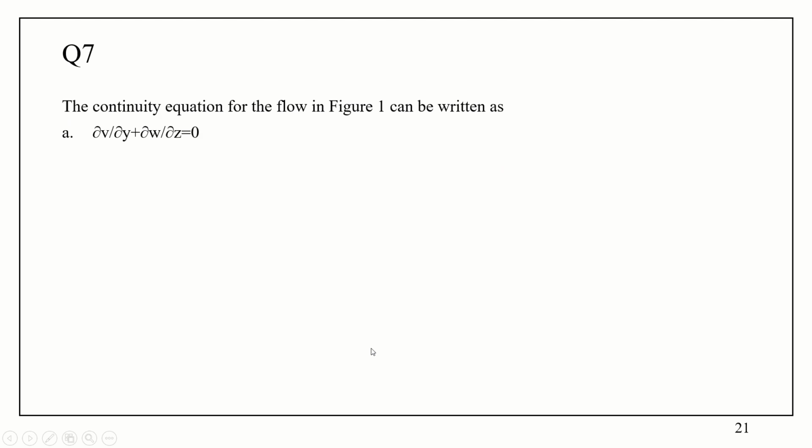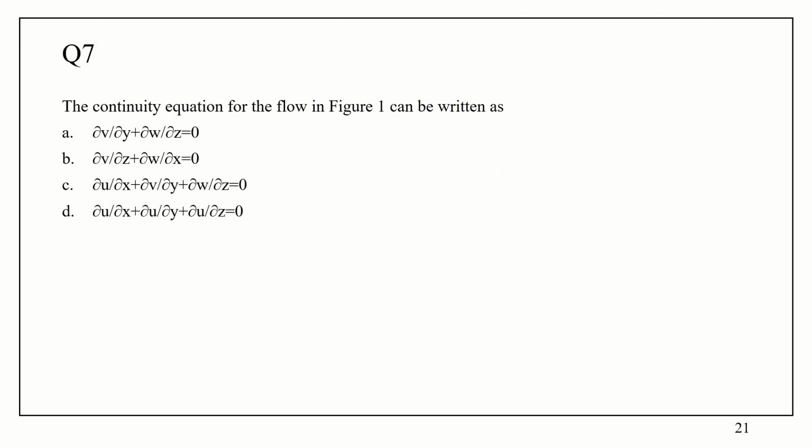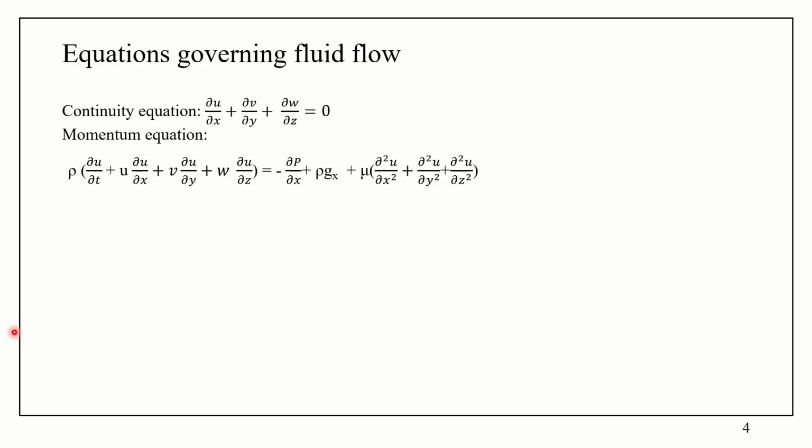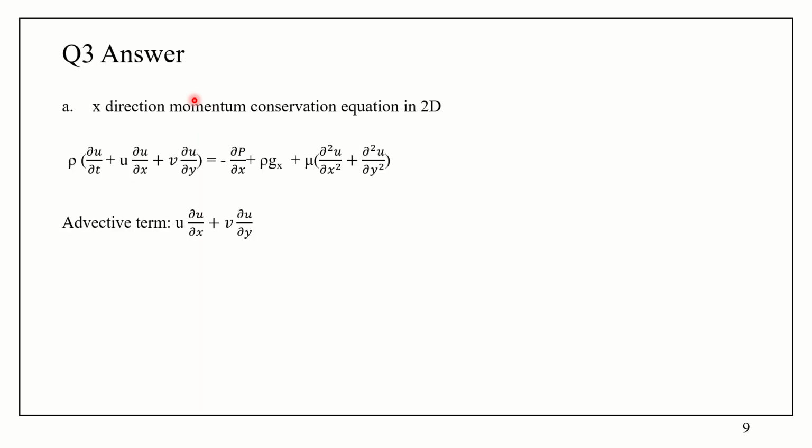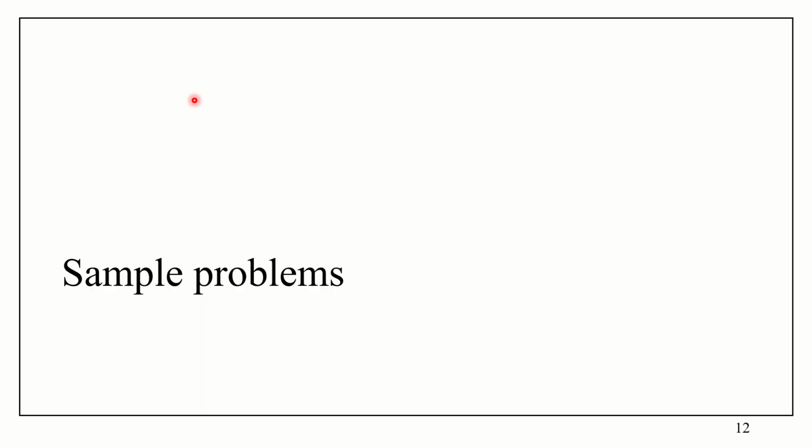Okay, the answer is actually option C. That is dou u by dou x plus dou v by dou y plus dou w by dou z equal to 0. Option C is the right answer, because here the generalized continuity equation is what we are using. We are not making any changes. So the equation is what we have seen in the first thing itself. Dou u by dou x plus dou v by dou y plus dou w by dou z equal to 0. So this equation is applicable over there as well. So the right answer is